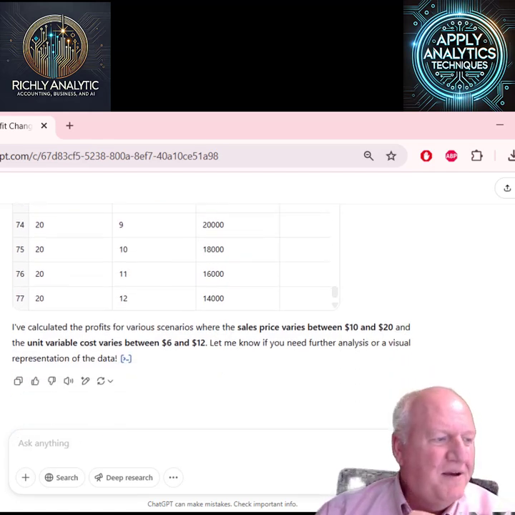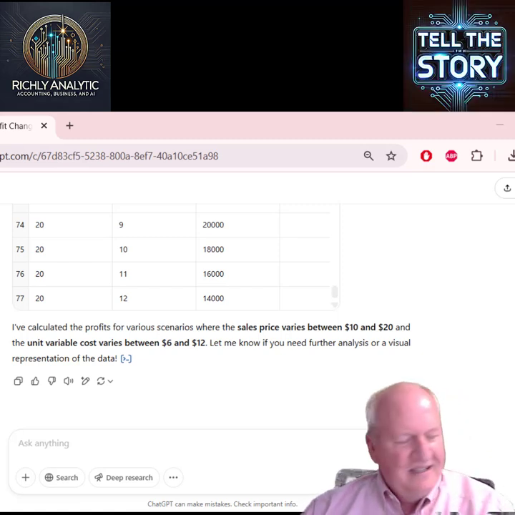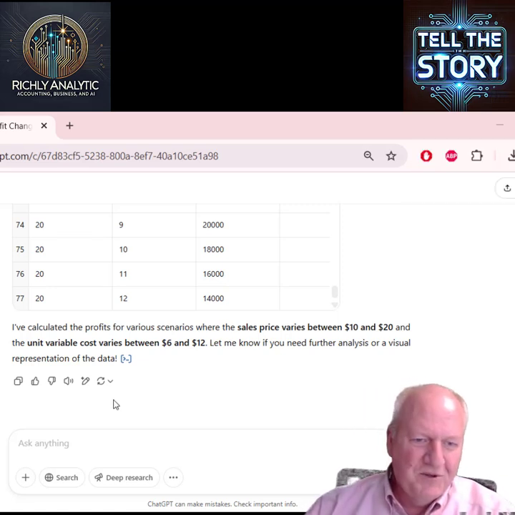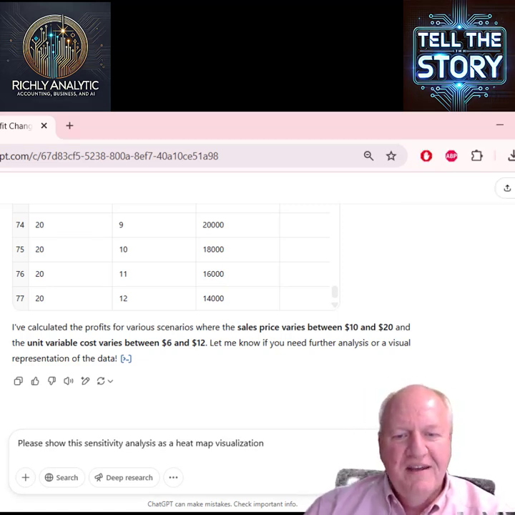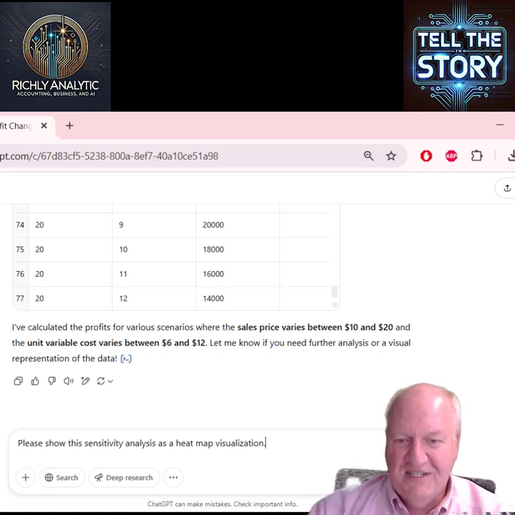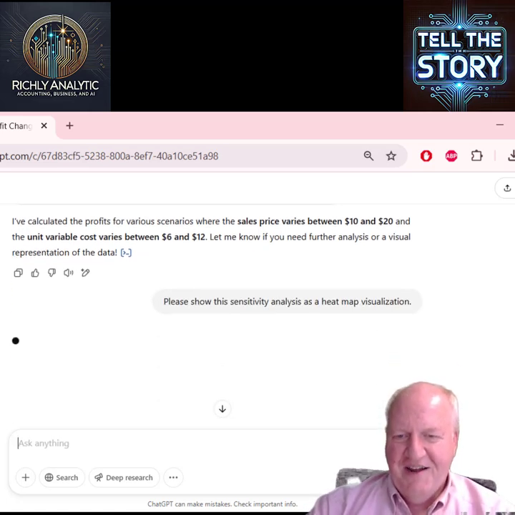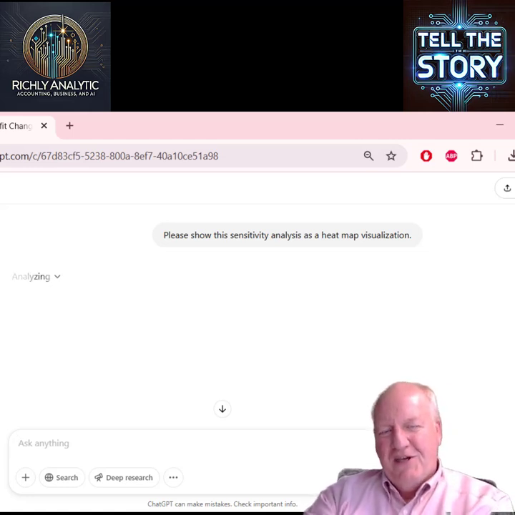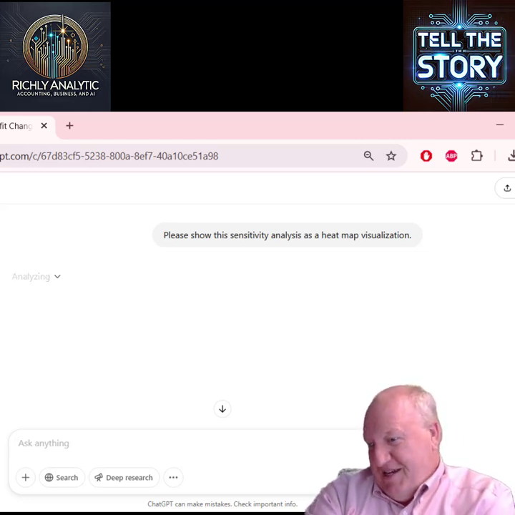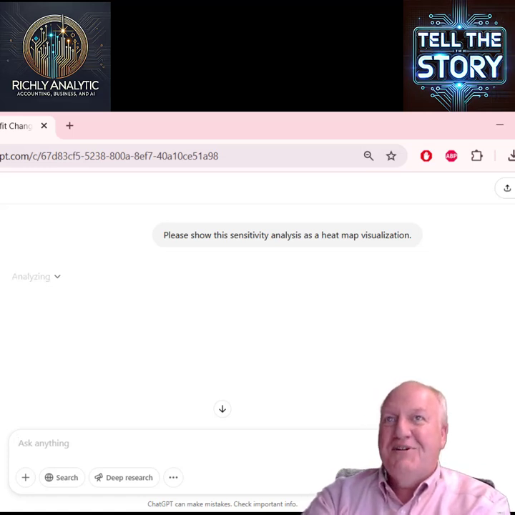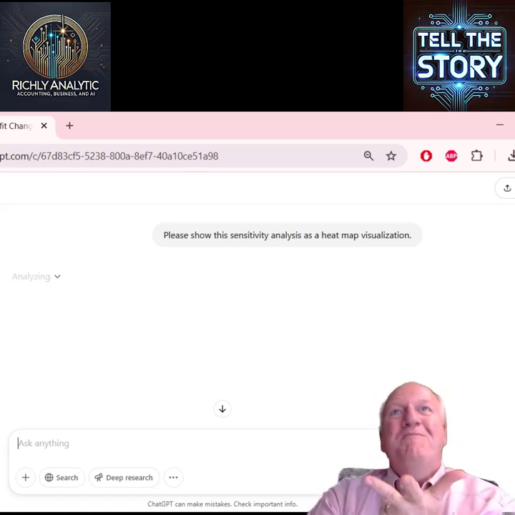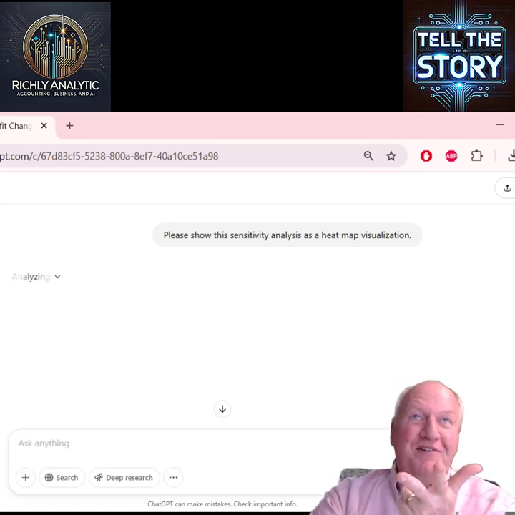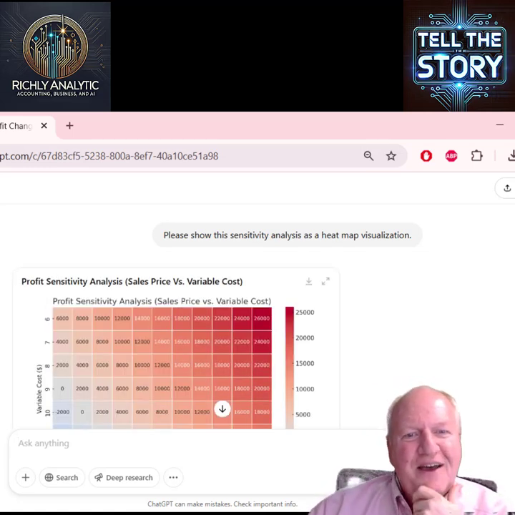I actually like to communicate it in terms of a heat map, and this is starting to get into the tell the story, report the results, share the story component. But I'm just saying, hey, what you just did in terms of the sensitivity analysis, now do it in terms of a heat map, where the hue changes, so it gets darker or lighter, or the colors change based on, in this case, profit, because the output is profit. The inputs are sales price, sales volume, unit variable cost, and total fixed cost. So you can kind of see how that is.